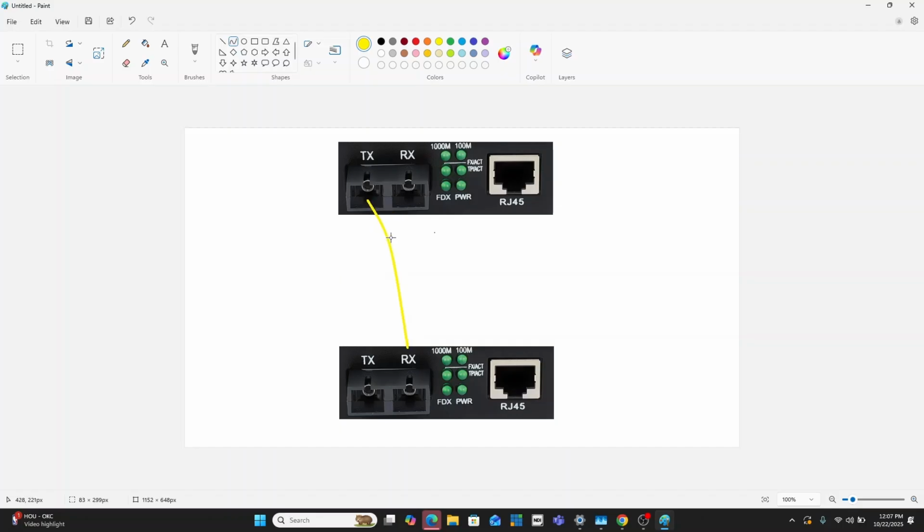And the receive here, this other receive here, will go to my what? Transmit, isn't it? So that means